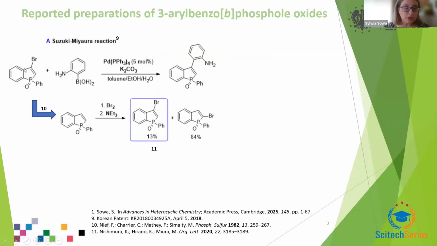The major limitation of this method is the limited access to 3-bromo benzophosphole oxide, which is a minor product from the reactor-to-step process reported by NIF. Lately,